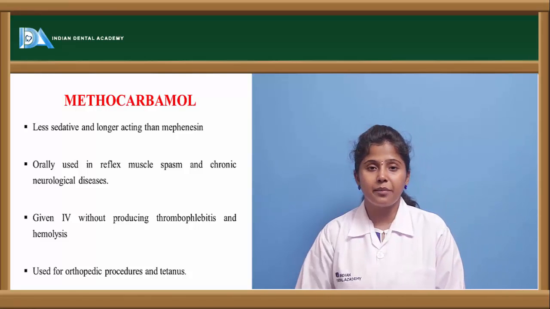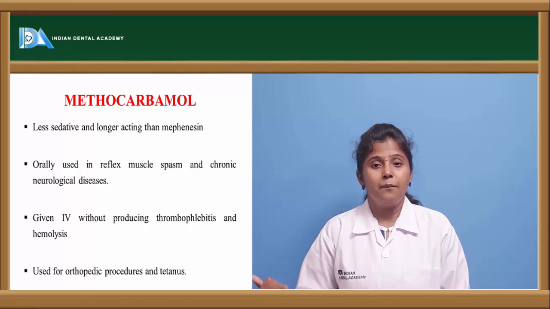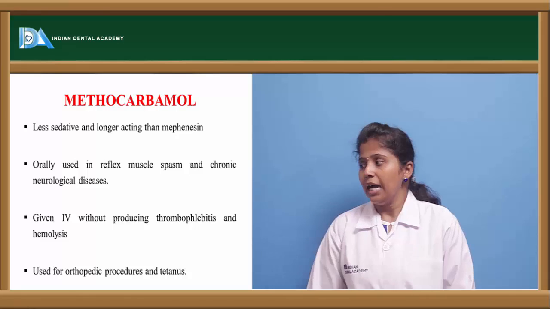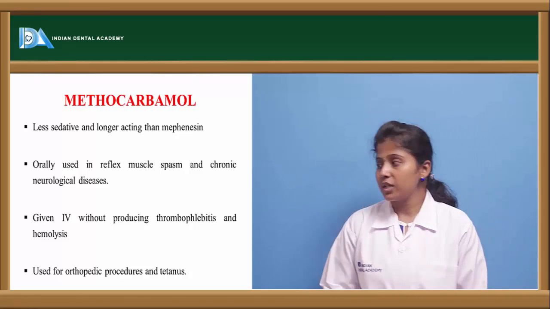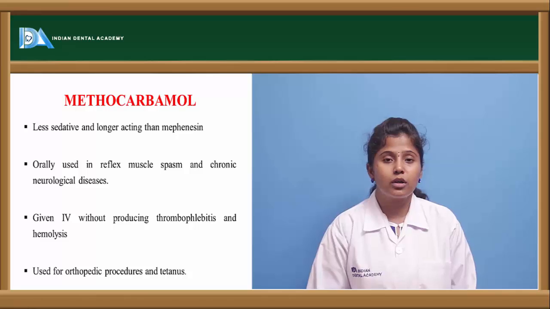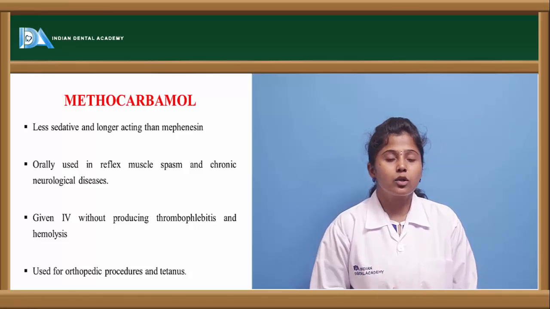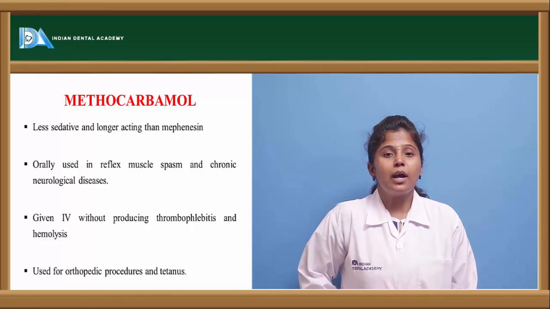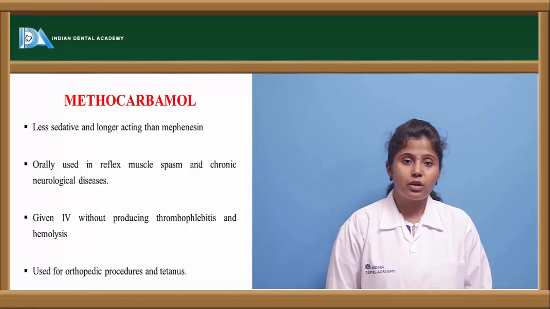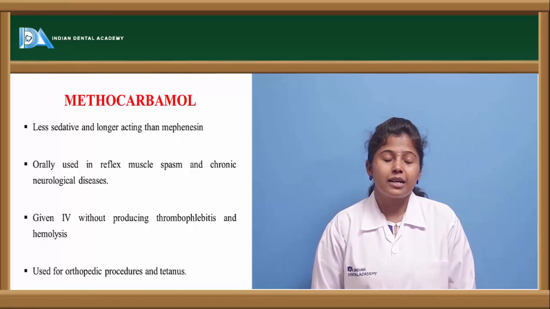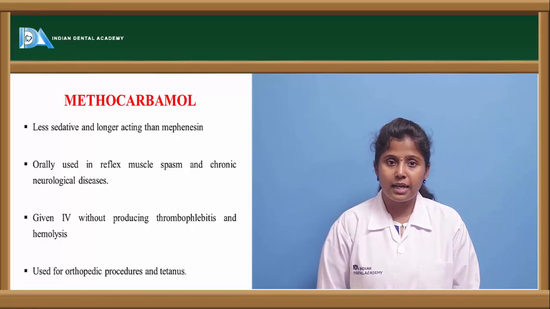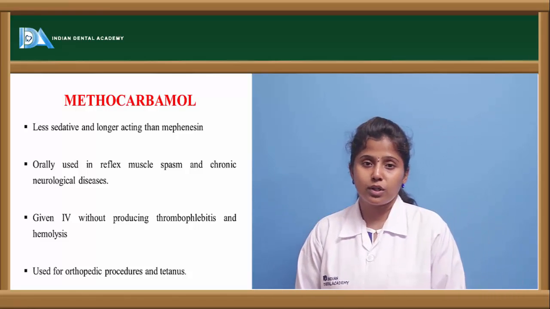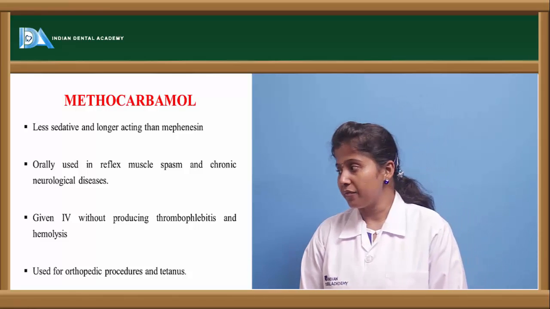So if we see all the mefenacin analogs, they are having sedative effect. But this drug is having lesser sedative effect when compared to mefenacin analogs, and it is used orally. So it is preferred to give orally in order to reduce the muscle tone in the chronic neurological disorder. So if we take, for example, epilepsy. Epilepsy is caused because of the neuronal abnormality, and thereby there occurs the severe contractions of the skeletal muscle. So in order to reduce the chronic neurological disorders, this drug is preferred, and it is given